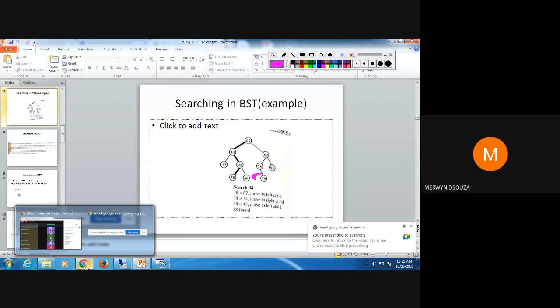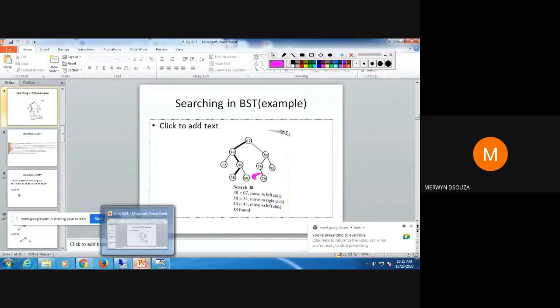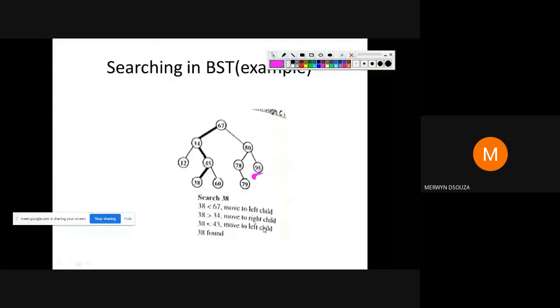You start comparing with the root node. So always you start comparing with the root node. Suppose, for example, we are searching for 79. You are told to find this value 79. You start from here. If 79 is less than this value, you will go left.